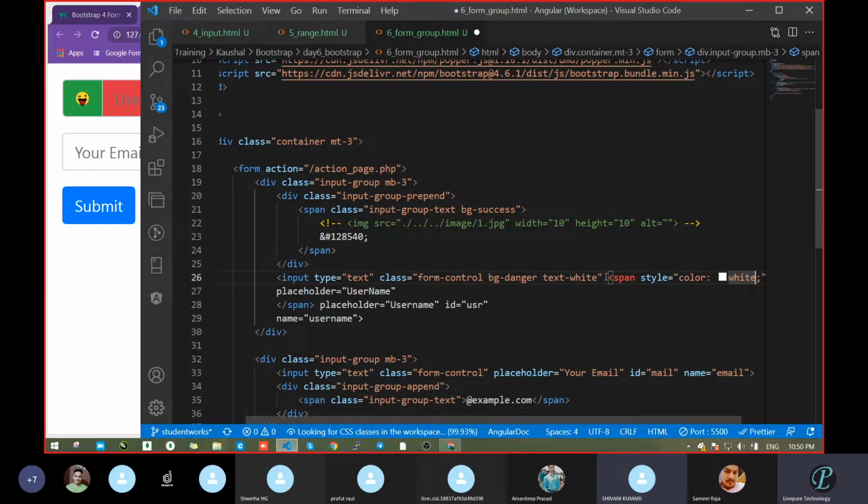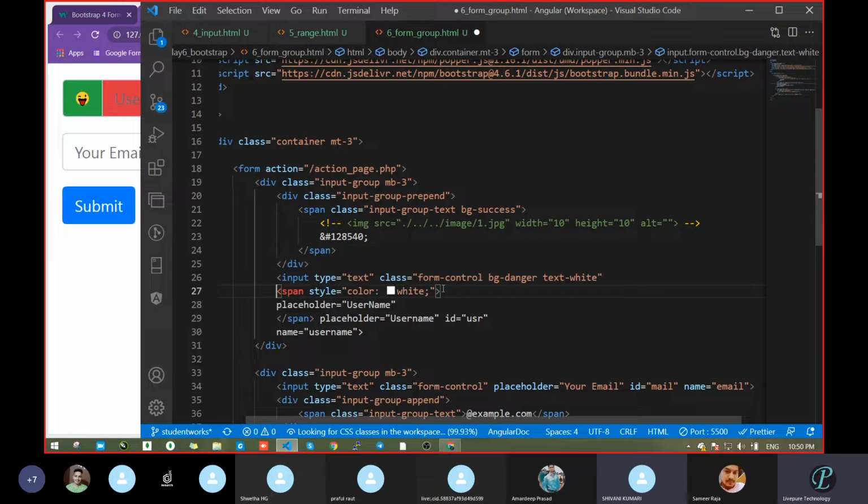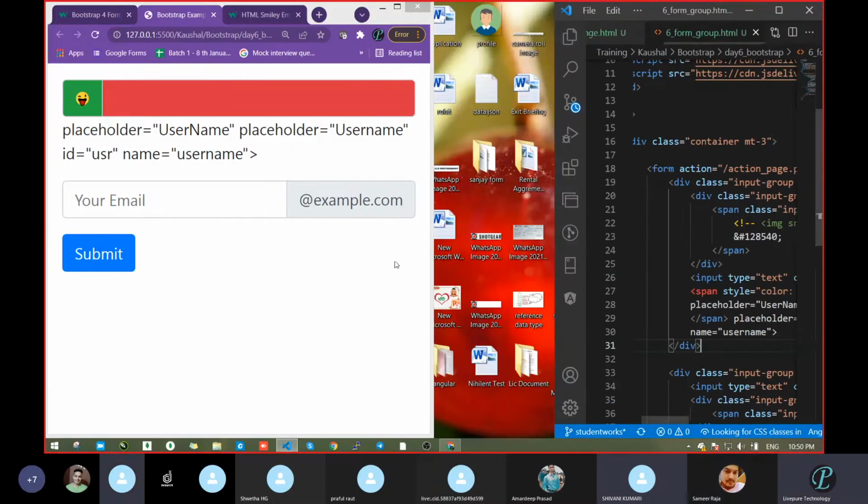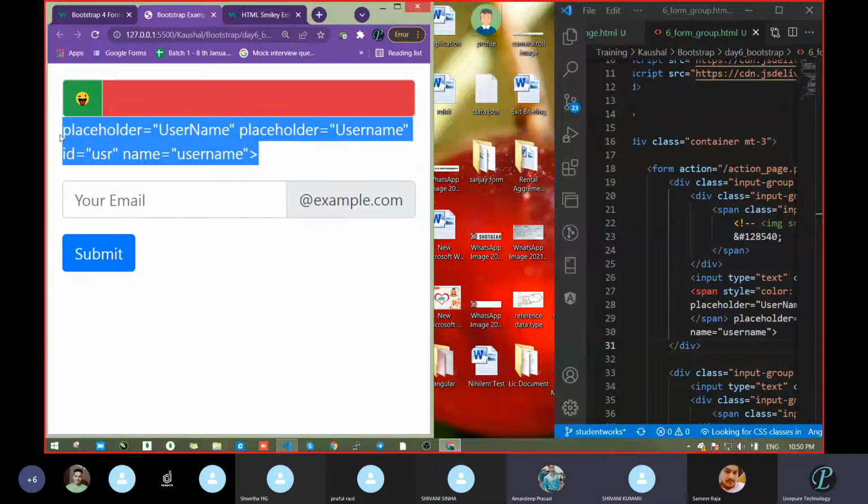Samir, I can't imagine this much styling of code. What is this red warning? It is not working. Is this due to Fair and Lovely? Sir, because of placeholder. Sir, are you using attributes in Fair and Lovely? Wait one second. Samir, what are you using, Fair and Lovely? Wait, Fair and Lovely and Biko. Wait one second. Samir, what is this? This has become completely white. Sir, by default, unexpected result, sir.